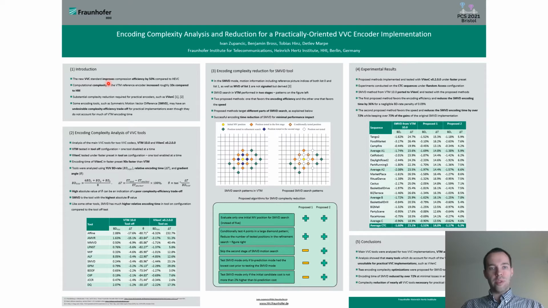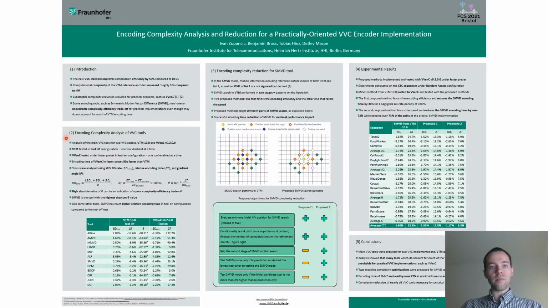As many of you already know, the new VVC standard improves the compression efficiency by roughly 50% compared to its predecessor HEVC. However, that comes at the cost of a tenfold increase in the encoding time for the VTM reference encoder. Today, almost a year after the VVC standardization ended, there is an increased interest in computationally efficient VVC encoder